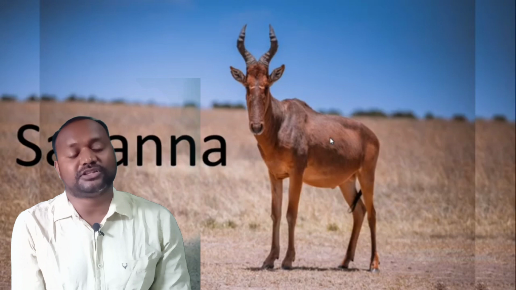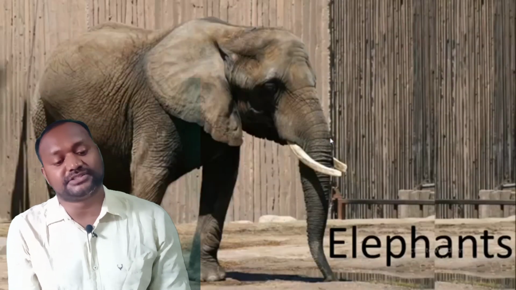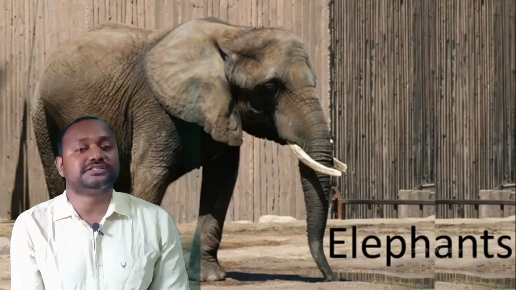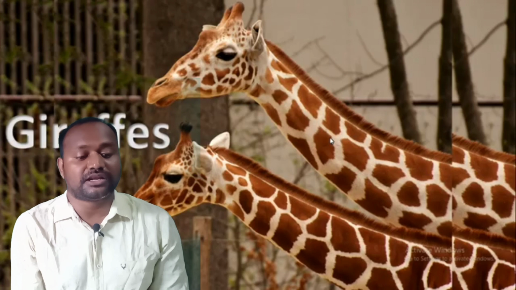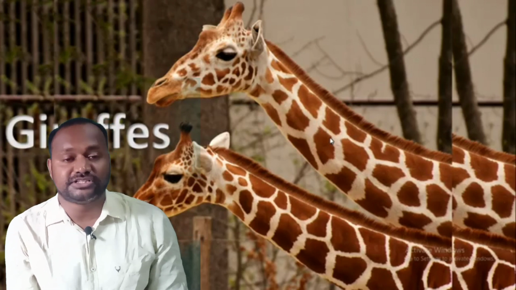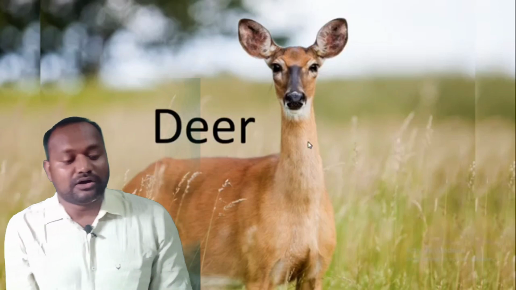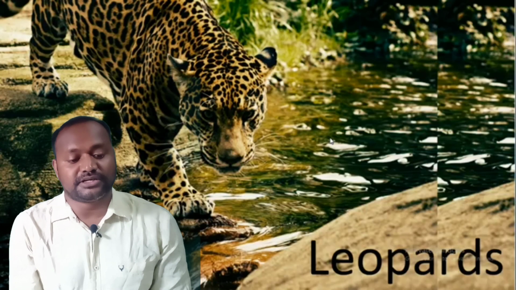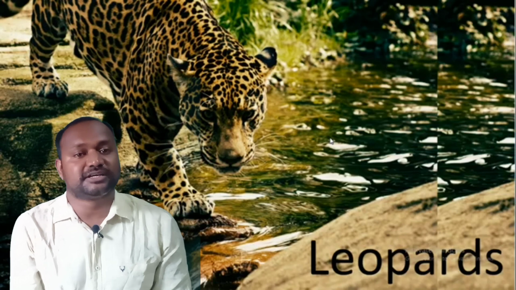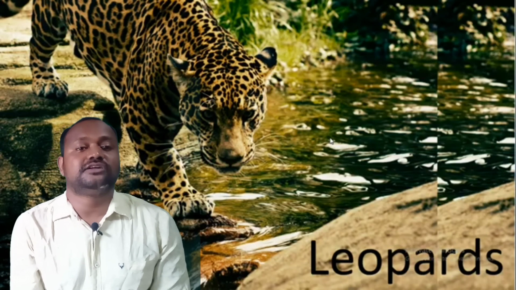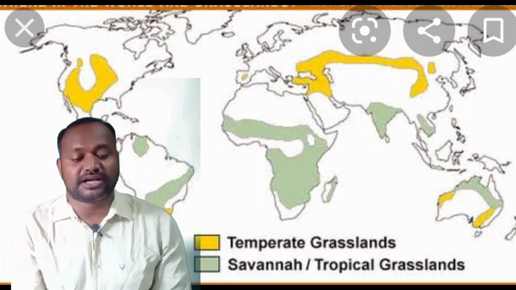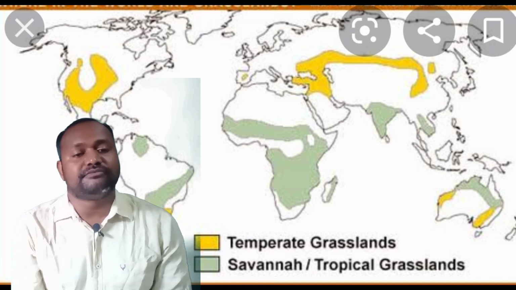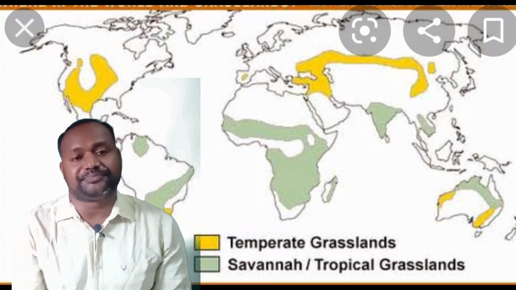These are mostly found in the warm temperature region, where warm temperature remains throughout the year. There are two very different seasons: a long dry season, winter, and a very wet season, summer. Mostly in this region the winters are dry and the summers are wet. These are found in Africa, South America, Brazil, Colombia, Venezuela, Northern Australia.